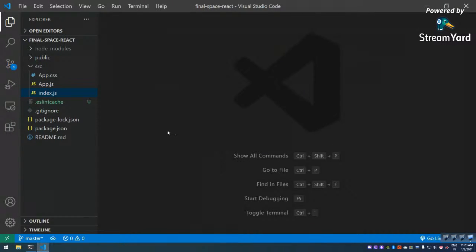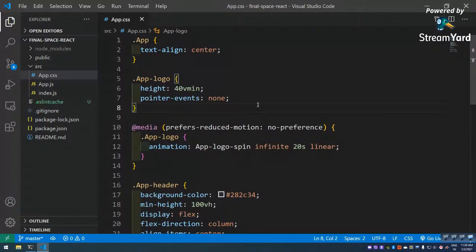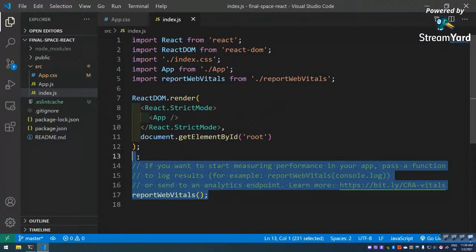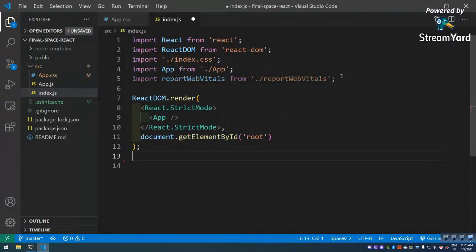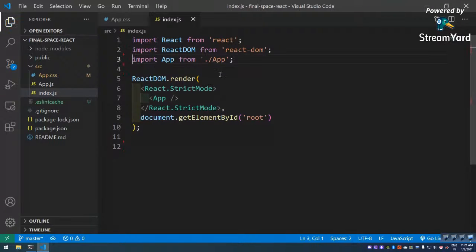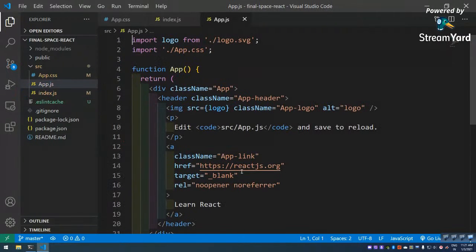Okay, this time I will keep the app.css, but the better thing is to delete all the content from it. Then index.js I will go, I will remove this, I will remove this. I don't have index.css anymore, so I will remove this. Then I will go to the